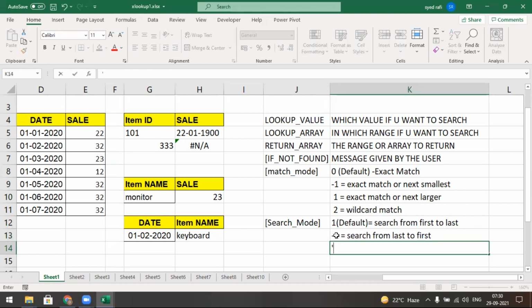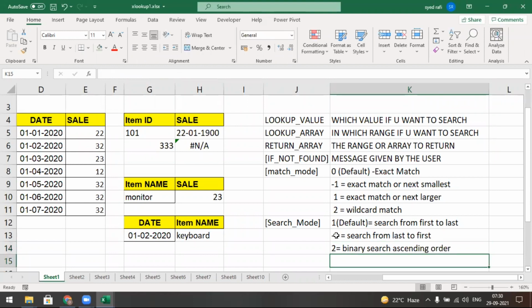And what about the 2? Equal to 2 is binary search ascending order. What about -2?